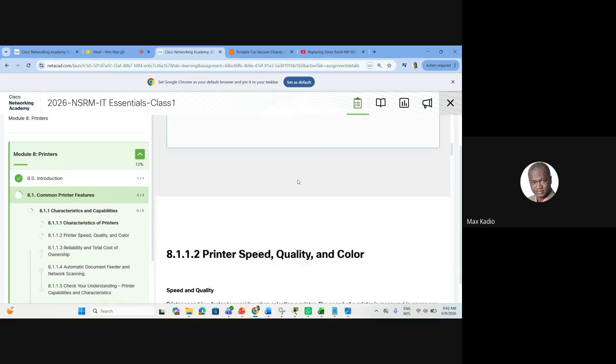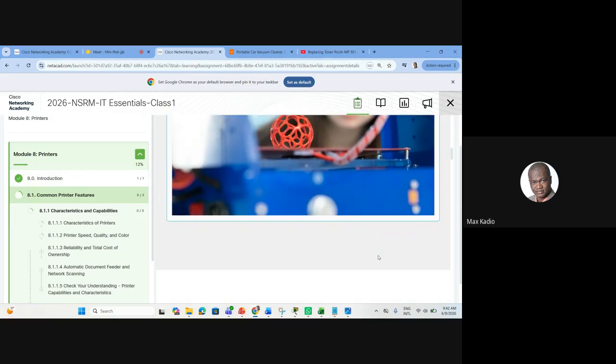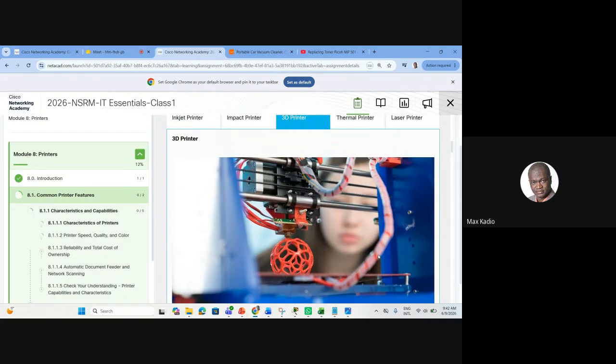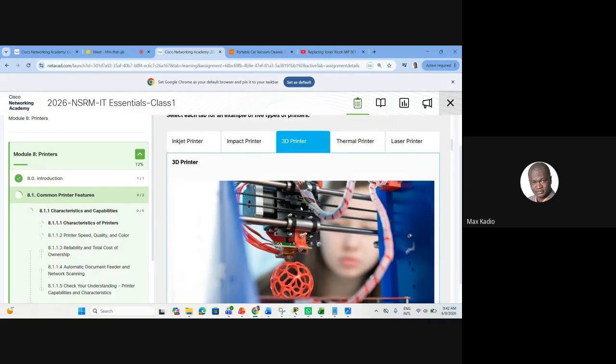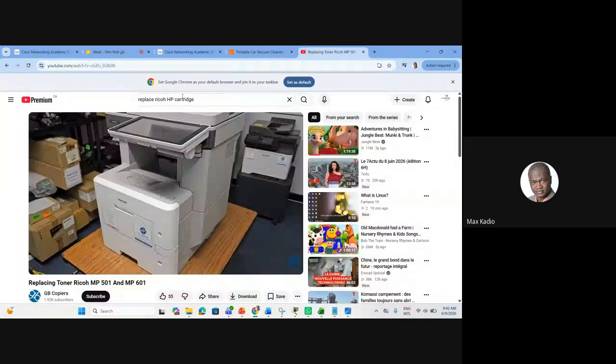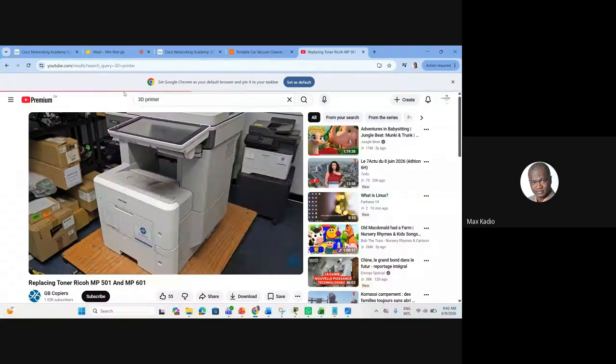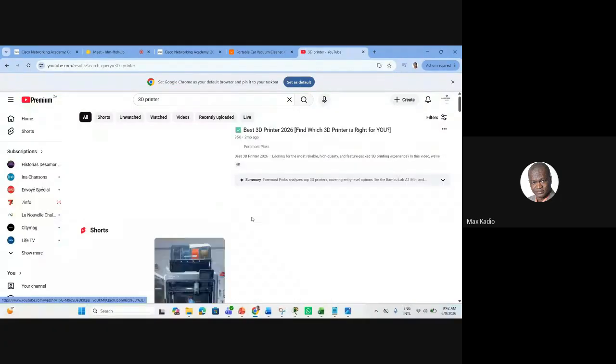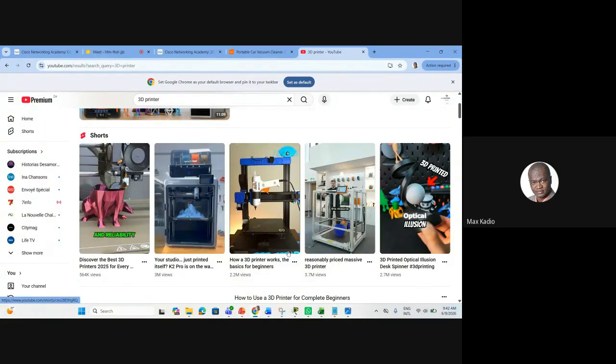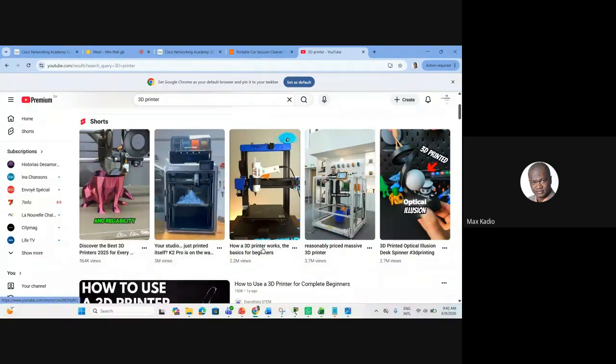Then we also have 3D printers. If you don't know and you want more, you come here. For the 3D printer, you do some research, you document yourself, you see how a 3D printer works.